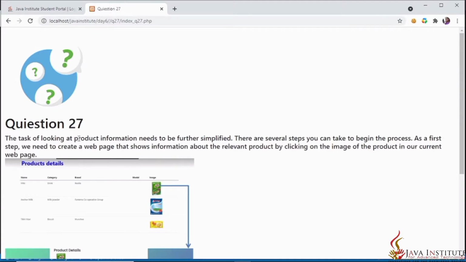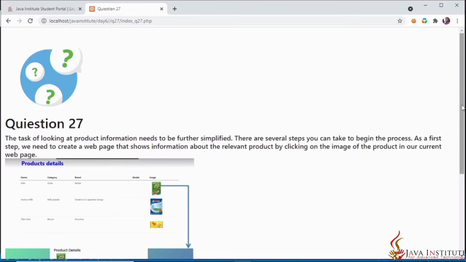The task of looking at product information needs to be further simplified. There are several steps to begin the process. As the first step, we need to create a web page that shows information about the relevant product by clicking on the image of the product in our current web page.